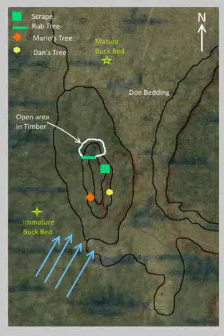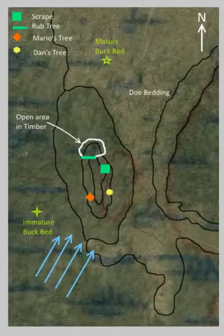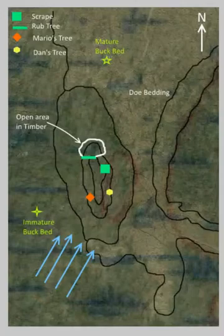Hello everyone, I wanted to take some time to explain a hunt that was brought up in episode 1 of the podcast on wind and thermal. This particular hunt described how the wind traveled through some of the topography on an island to an open area, which ultimately the mature buck coming in was able to scent me and move out of the area because of